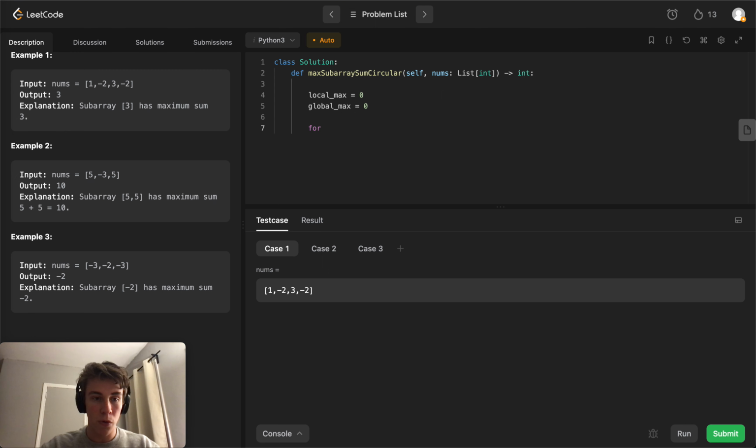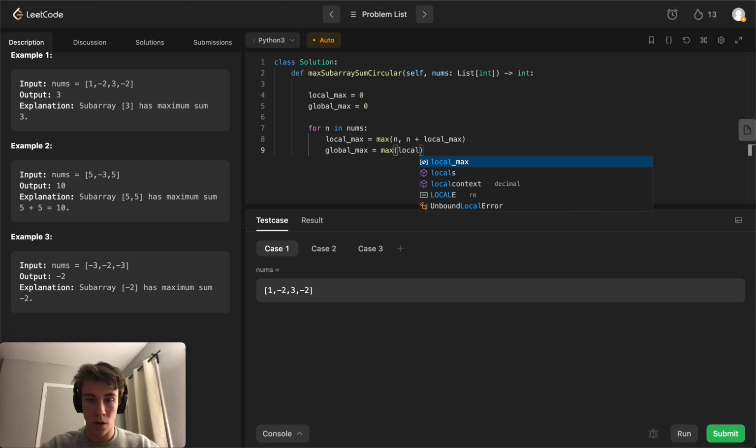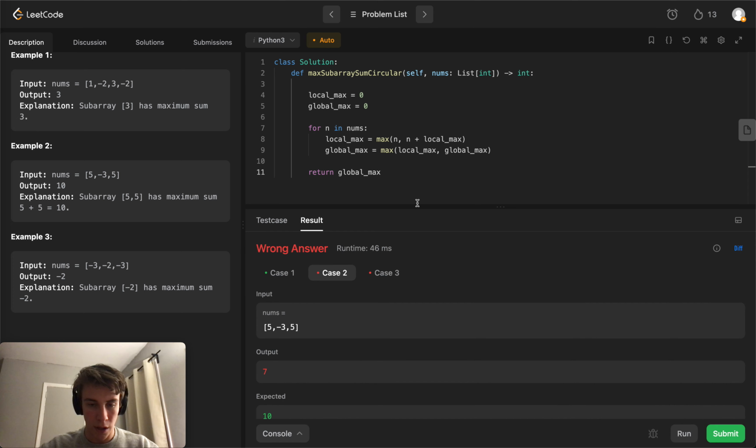And then all that you would do is, for each number in nums, you would say local max is equal to max of n, or n plus local max, and then global max equals max of local max and global max. Return global max. Let's see how